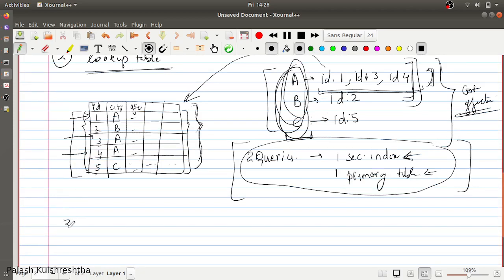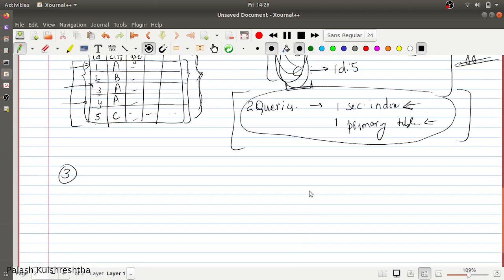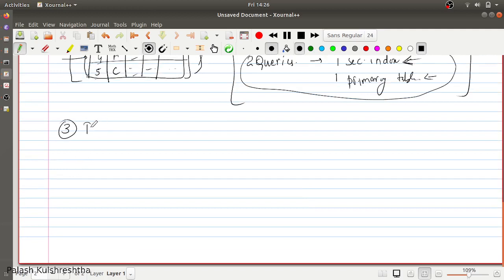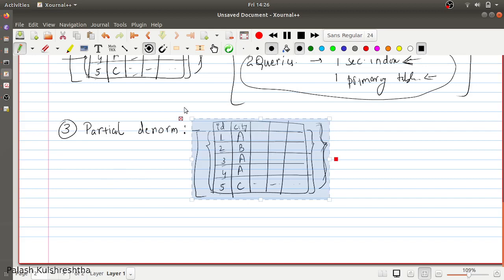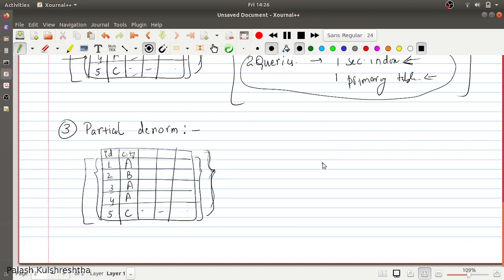Let's see the third example, third type of index table. This is partial denormalization. I'm going to write denorm, but it means denormalization. In this, what you can do is you can store partial data along with the secondary keys.